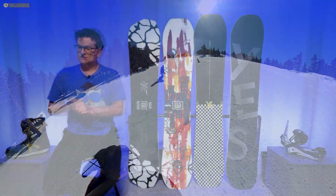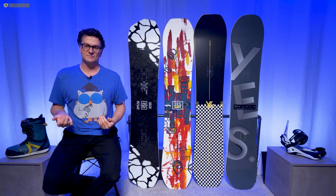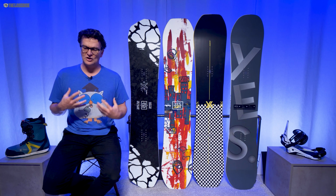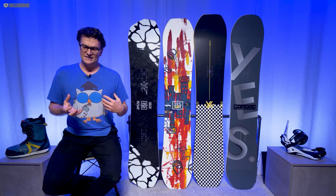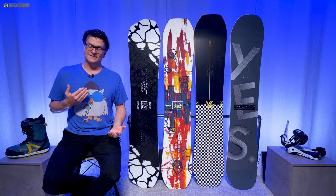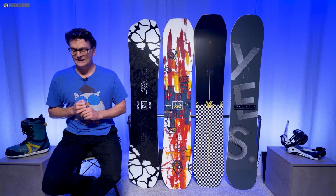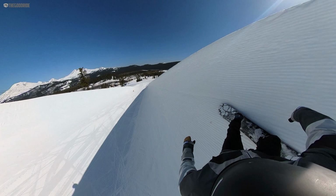And it's the board I take out when I'm in the mood to work on my switch riding. In terms of riding park, I've even taken this in the park sometimes when I'm feeling adventurous. It's soft enough and the flex is forgiving enough to lock into a jib. Not that I do that much, but I will occasionally with my 151, and I love riding pipe with this,